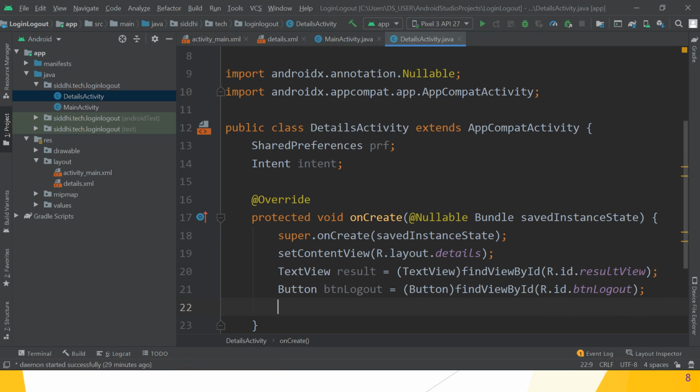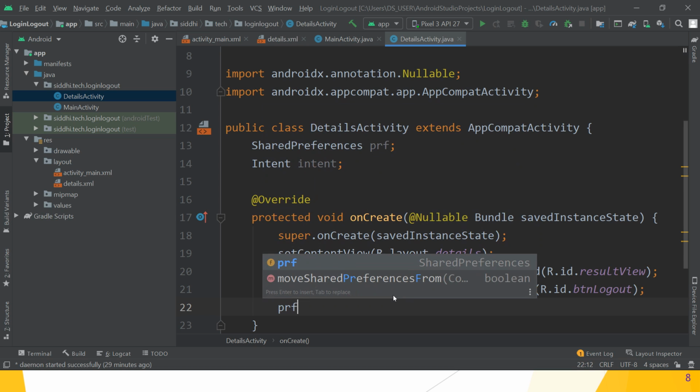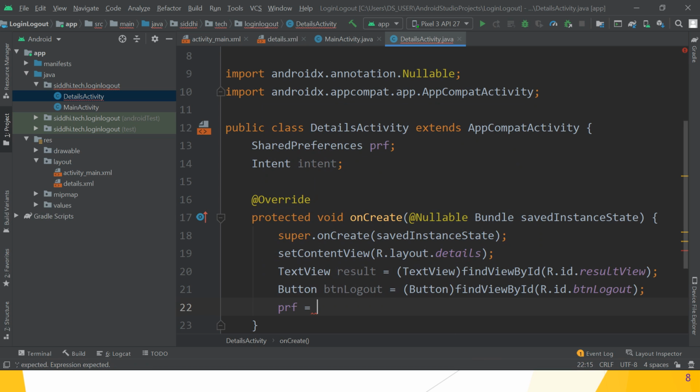Great. After that, preference is equal to, how to create the object of shared preferences guys? Using which method?